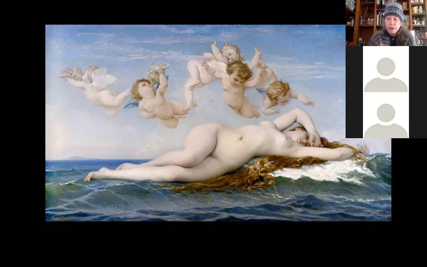And she's pretty unrealistic too. Characteristically of these paintings, she has hair down to her knees or further. But that's the only hair she has, right? She has no pubic hair, no hair on her legs, no hair under her arms, no little hair sprouting out of her nipples. I mean, either she got a very thorough wax job or she's just not very real. She's a goddess, of course. So nobody's ever seen Venus.